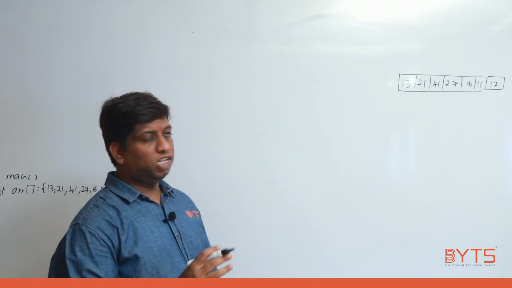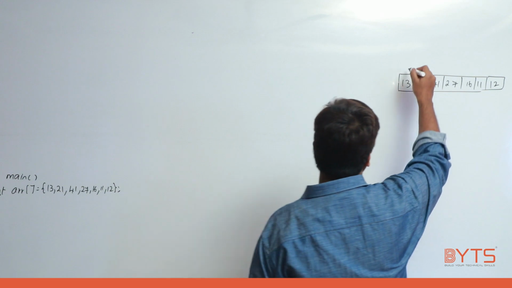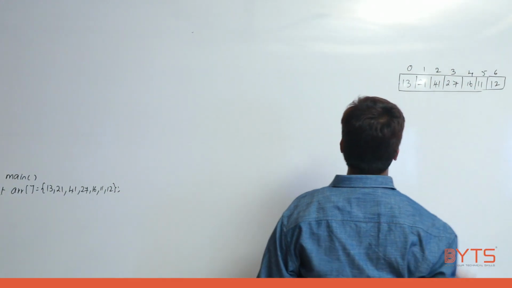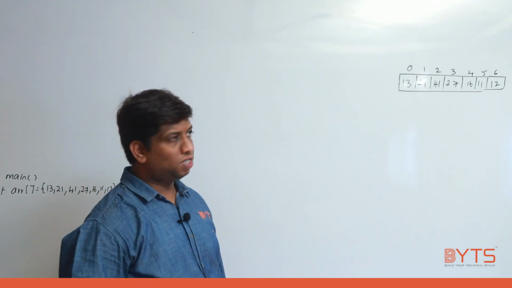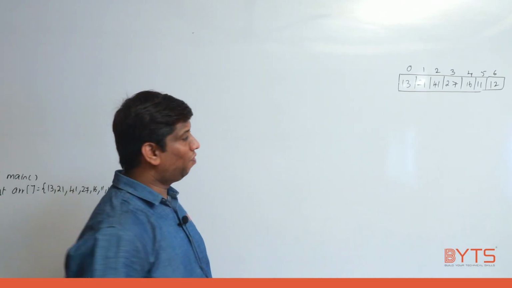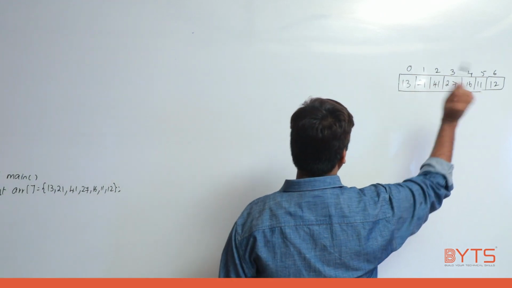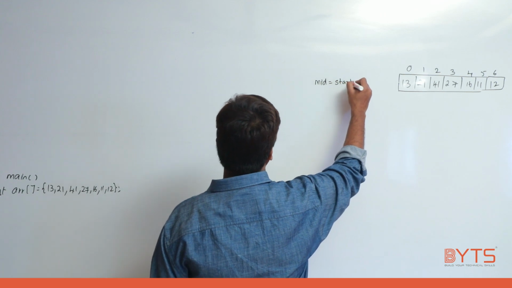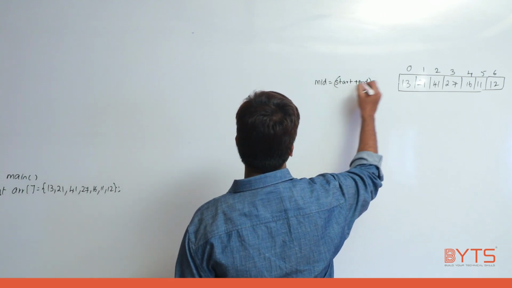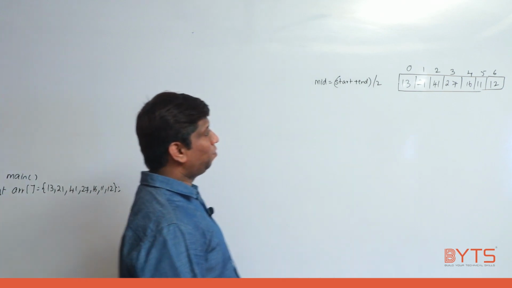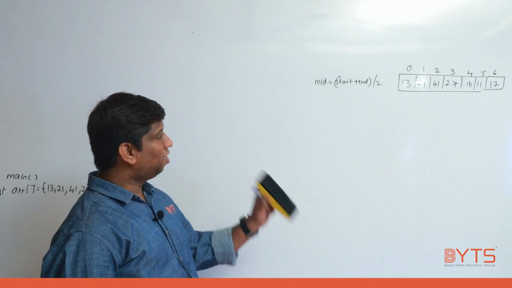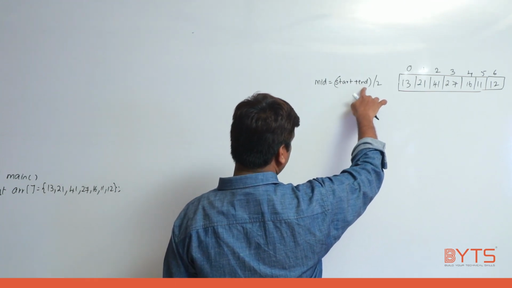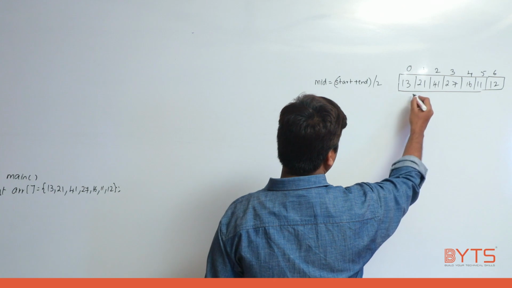Well, our target is simple. I will split this array into two parts. Indices 0, 1, 2, 3, 4, 5, 6. If I want to split this into two parts, then compulsorily I need to know the start value and end value. The start value is 0, end value 6. So mid is equal to start plus end by 2, because I really don't know the mid value, right? I am just dividing the array into two parts. So 0 plus 6 is 6, by 2, 3.